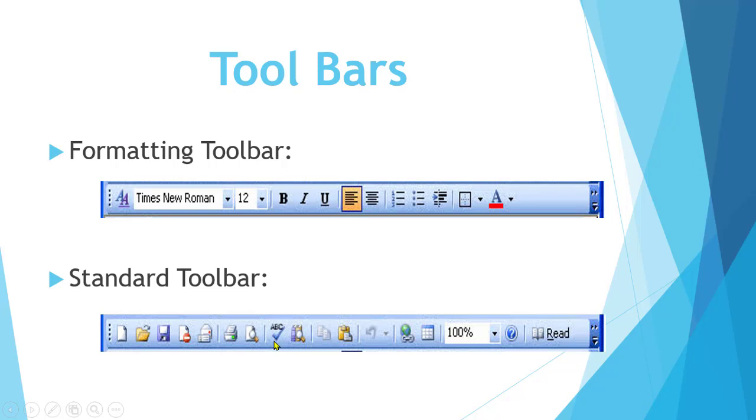Yes students, you can check the spelling and grammatical mistakes in Microsoft Word 2003 very easily. You can copy the text, you can paste it, you can undo any command. If you do not want to write any, then you can undo your command. Insert hyperlink in Microsoft Word and create table. These are the different icons which are available on the standard toolbar, and now we will discuss each toolbar one by one.